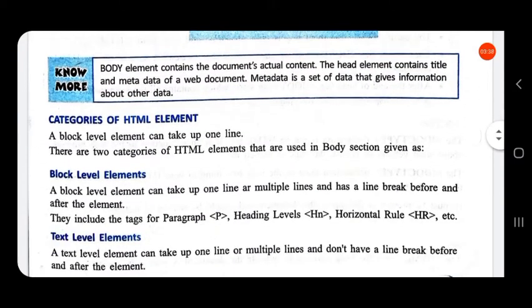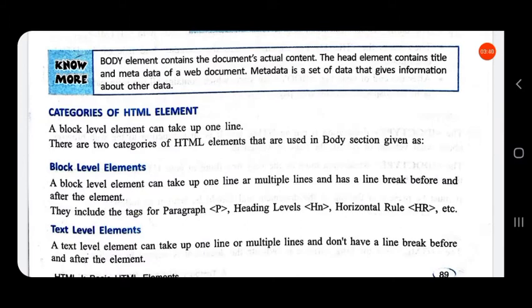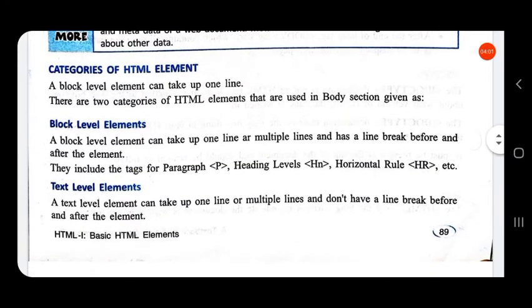Now a body element contains the document's actual content. The head element contains the title data and metadata of a web document. Metadata is a set of data that gives information about other data, that is, what type of web page it is, to give an idea of what type of data is present in this web page.